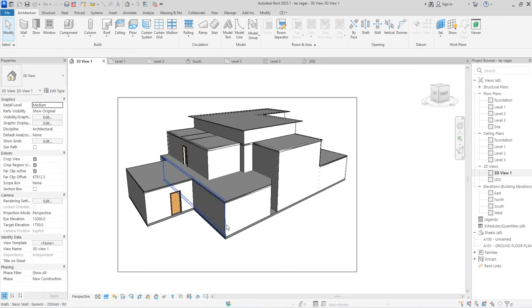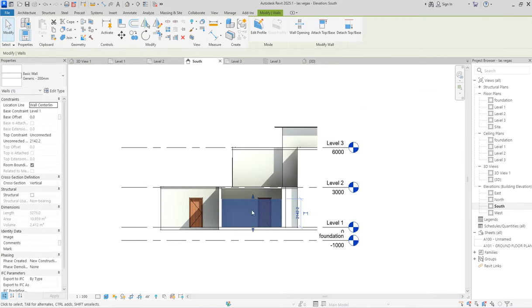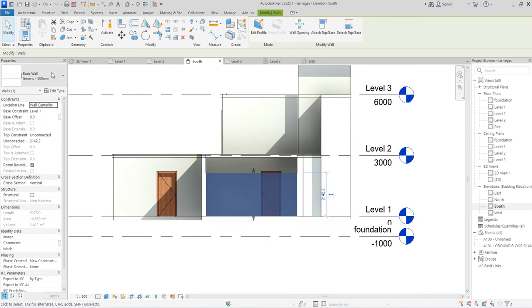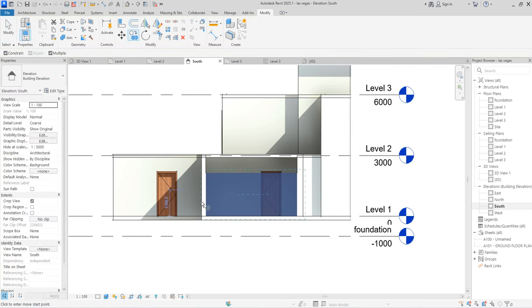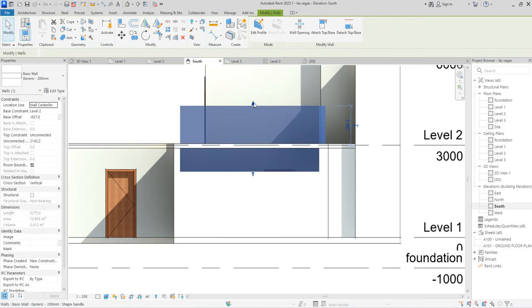Now what you need next is that we want to be creating the glass parts to this one. So as I'm selecting this, drag down a bit. When you drag it down a bit, then you go back to the side elevation where it belongs. So what do you need now? You say copy or create another thing. So you can just copy it from this level. You say remove constraint, then drop it at the top. So here you drag it a little bit down, select the one below it,